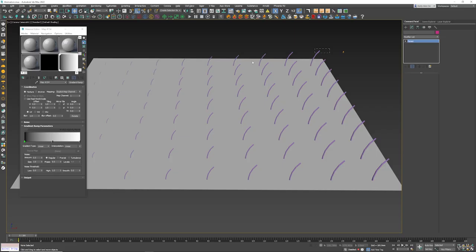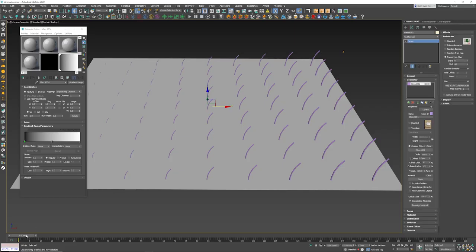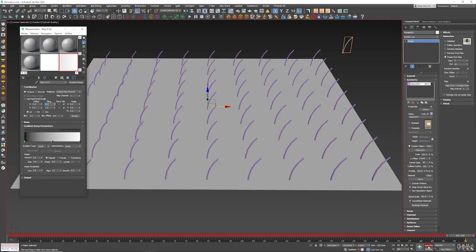So what we need to do now is just animate the map itself. Auto key, and you'll notice that there is a red square around that map indicating that we're going to animate it. So let's go all the way to 200. Now you'll notice I've gone to 200 even though this animation's only got 60 frames, and that's okay, we can still do that. So all I'm going to do at this point is at 200 we can easily come here and say offset of -2 as an example and press enter, tiling 0.2 and press enter,